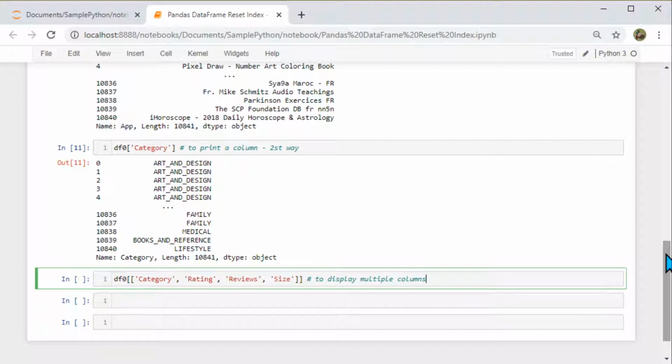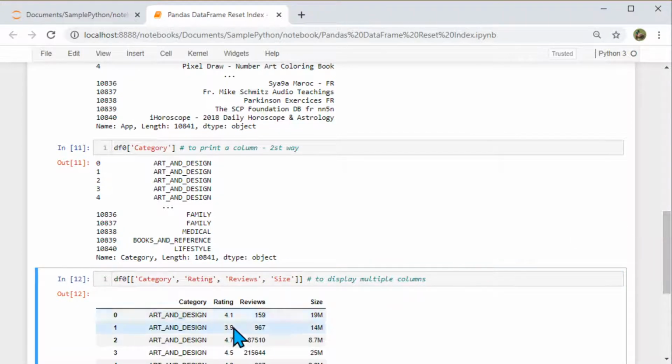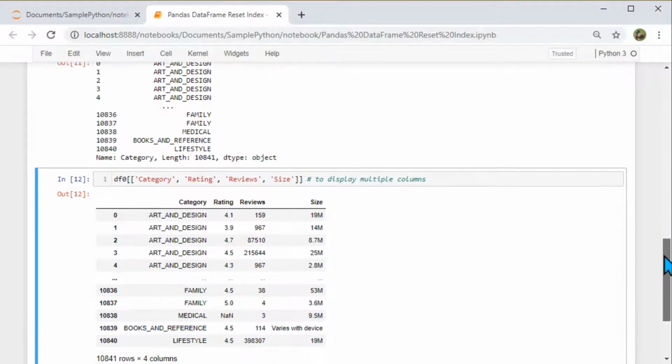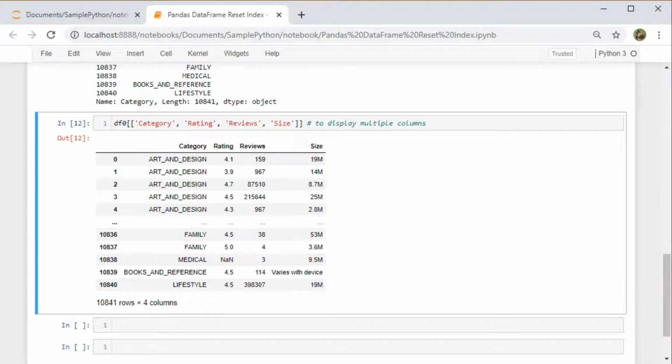But then what I do is I put double square brackets, so I am passing a list in the square brackets. This works better when we have multiple columns, and now you can see this is showing multiple columns. So if you want to select a subset of a data frame, this is the way to go.